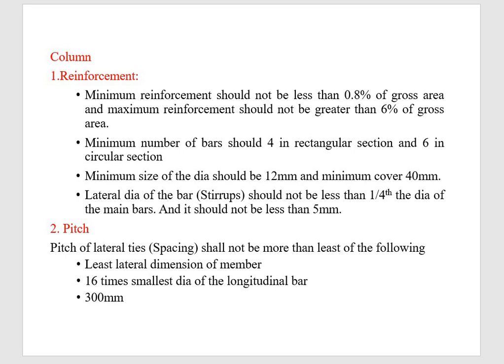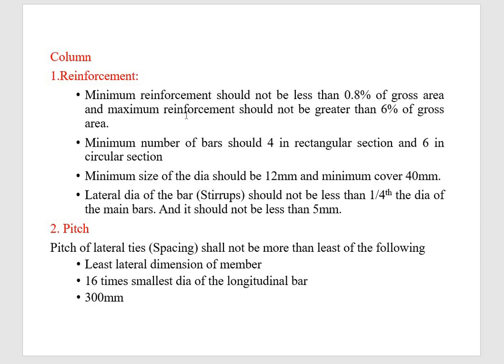For the column, the minimum reinforcement should not be less than 0.8% of the gross area, and the maximum reinforcement should not be greater than 6% of the gross area. Keep it in mind. About the minimum, they are telling first that it should not be less than 0.8%. Reinforcement should not be below 0.8%, and it should not be greater than 6%